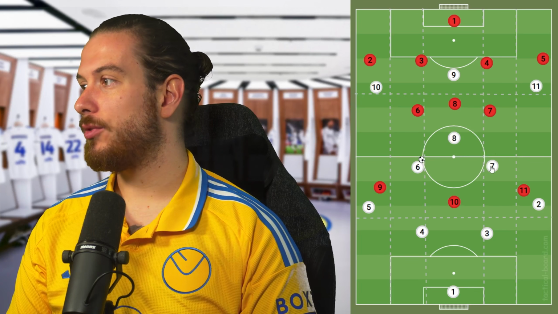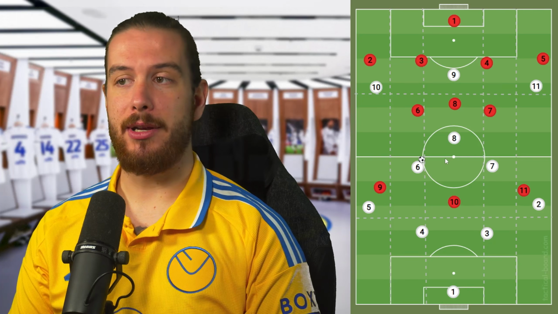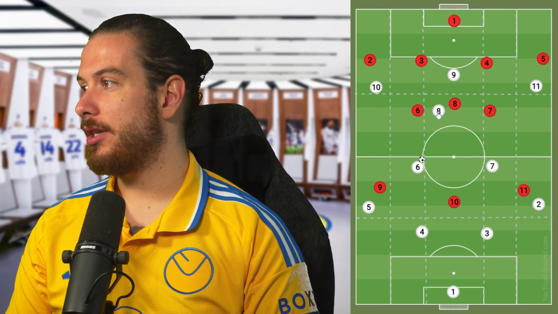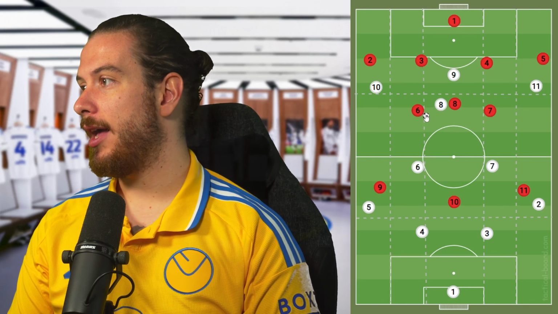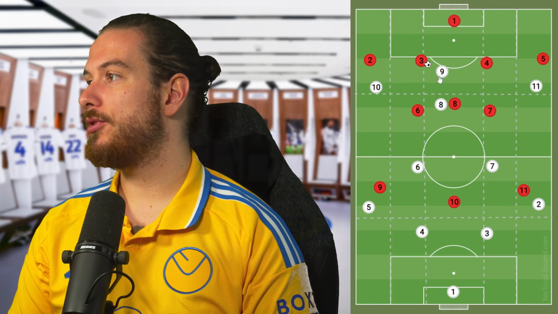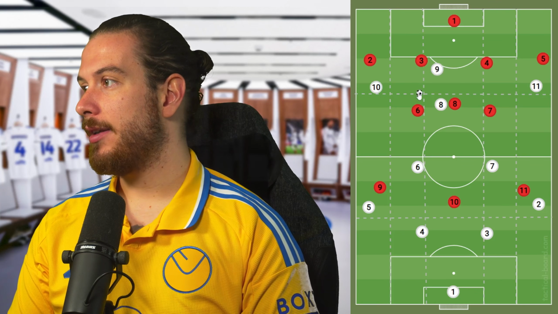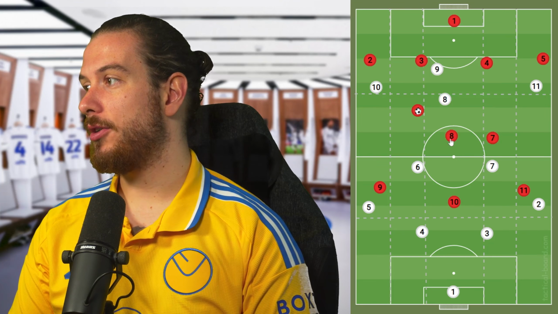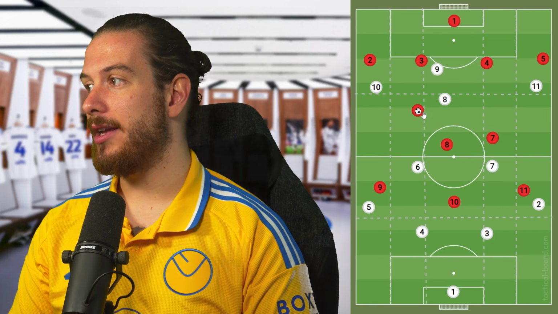Now, there's a few reasons why Daniel Farke is going to do this for the Premier League. Number one, it provides a lot more stability. If you imagine that your number 10 is up here all the time, and let's say that it's Mecha and he loses the ball to Van Dijk. Van Dijk plays the ball into McAllister here. Instantly, the number 10 is out of the game, and you've got a situation where your midfield is outnumbered, and